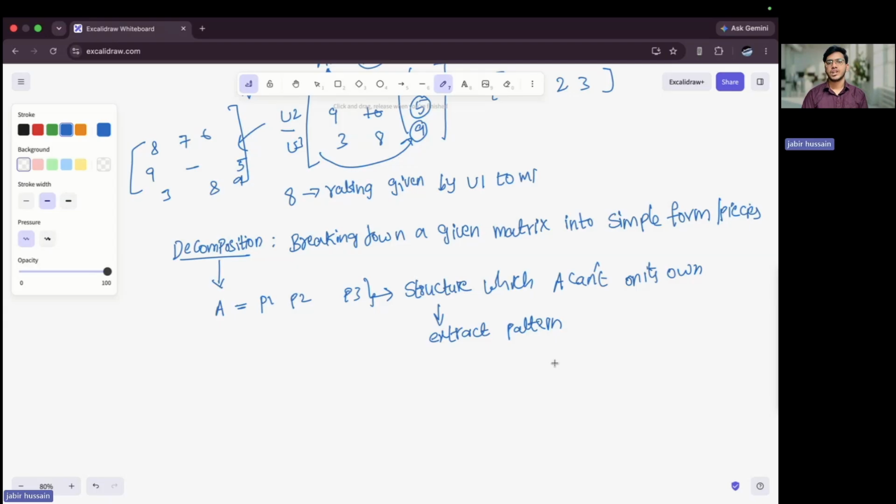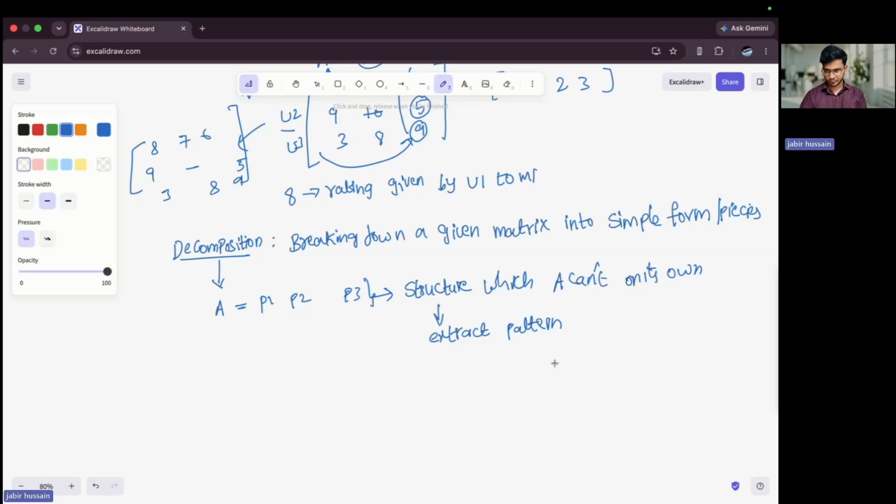From this structure, we can extract patterns. Whatever the pieces are, piece 1, piece 2, piece 3, it can be any number of pieces. All these pieces are fundamental blocks, and these fundamental blocks give us a structure, and these structures are important to draw patterns. We cannot directly get these fundamental things from A, because A is a combination of